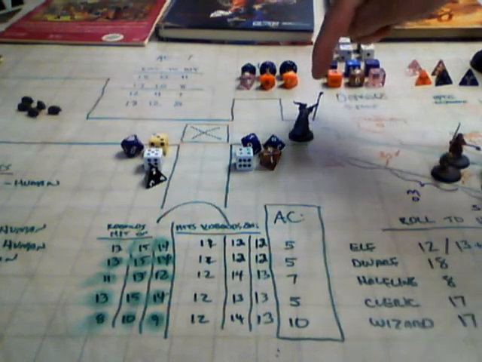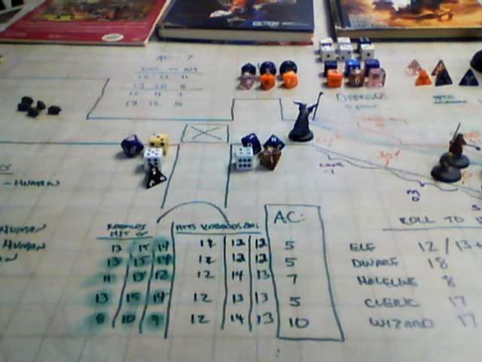Again, magic users are going to hang back because he's not going to get pummeled with spears. He's going to cast his spells long distance as much as possible. And so he's going to try to get something off that will be able to reach them at that distance and not affect his comrades there. And so anyway,